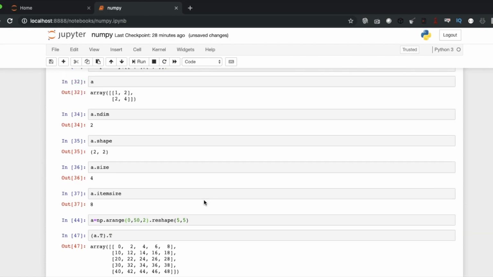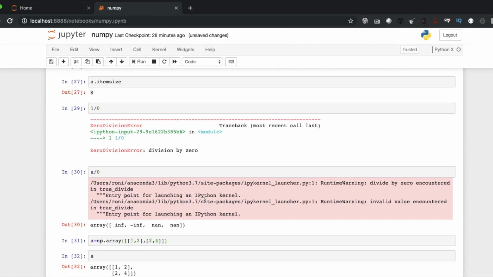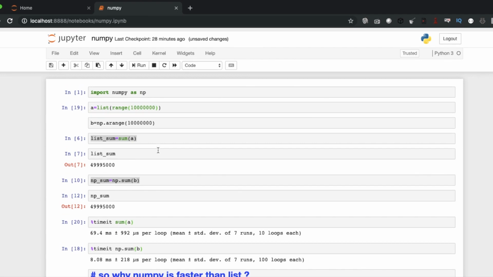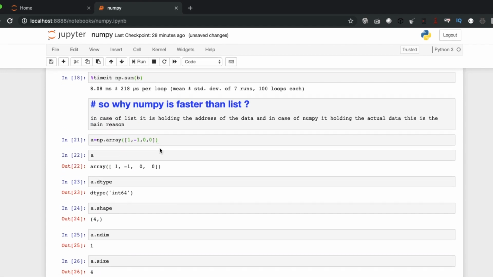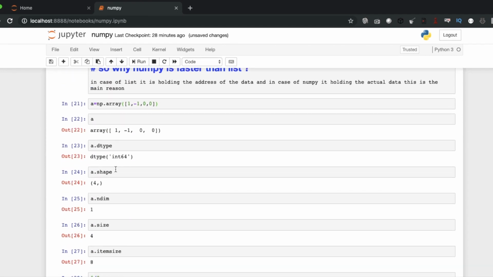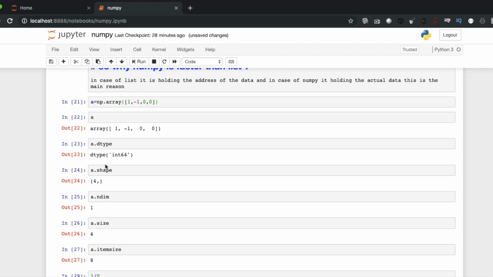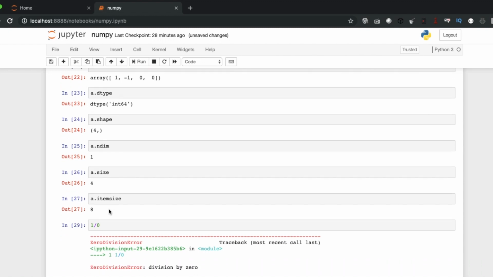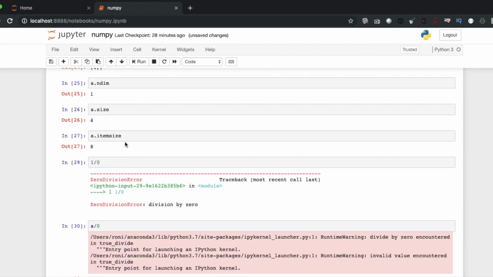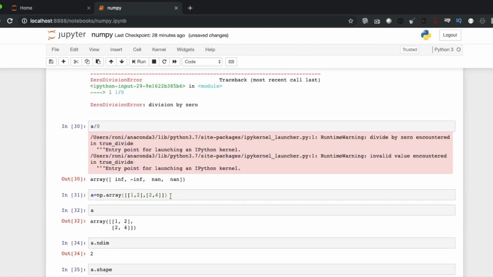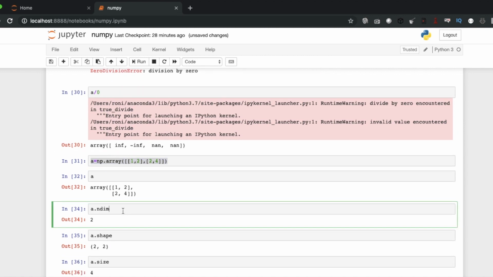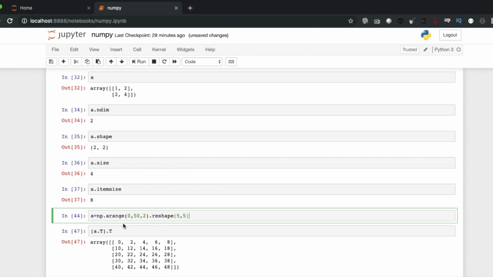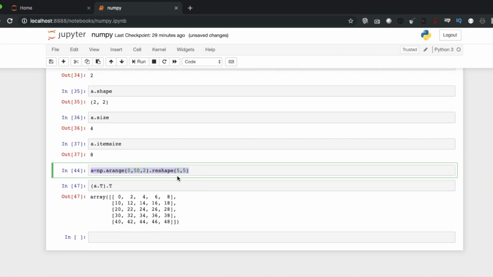So what we have learned till now: we have seen why NumPy array is faster. Then we saw the different information-oriented methods and keywords available for getting the information from a NumPy array, how we can create NumPy arrays, and how you can create a multi-dimensional NumPy array. This is just one process.